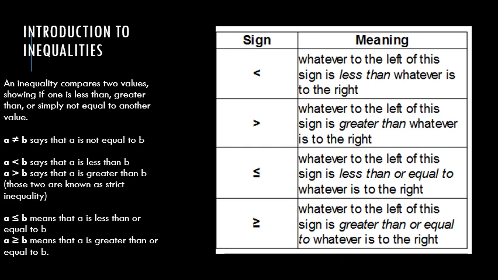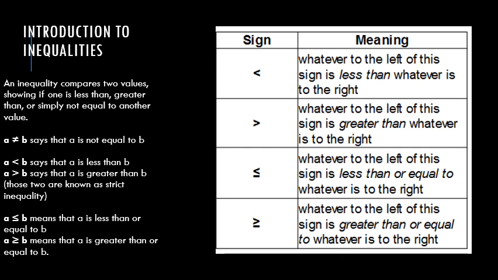On the right side of the screen we have the symbols, which I have already explained. The first symbol is the less than symbol. The second symbol is the greater than symbol, used when something is greater than the other. The third symbol is less than or equal to, which covers the less than and the equal part both. Whenever something is less, it will cover that part also, or if it is equal, then also we can use this symbol. Greater than or equal to means when something is greater or equal to.